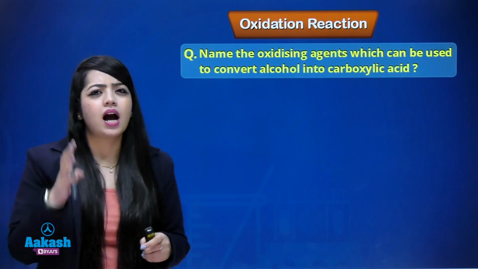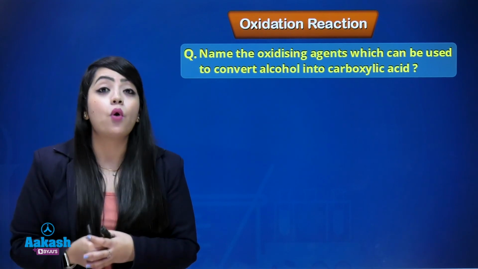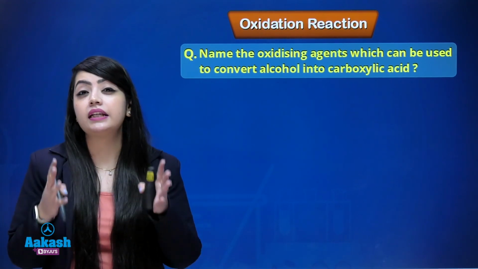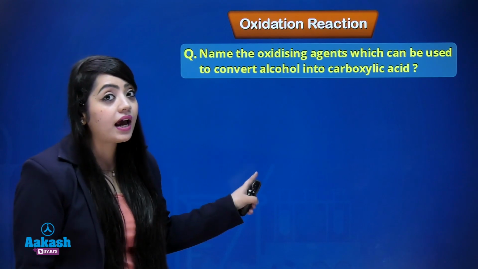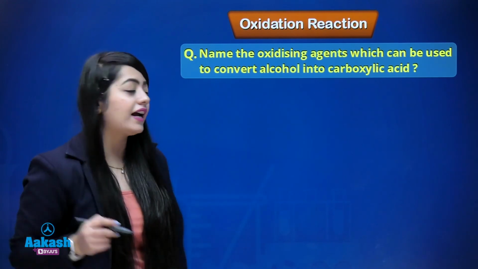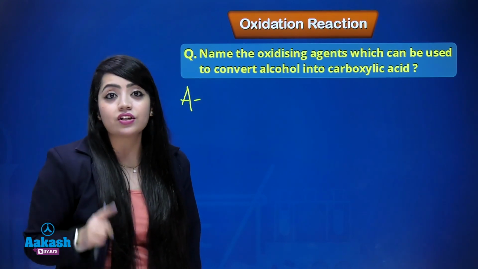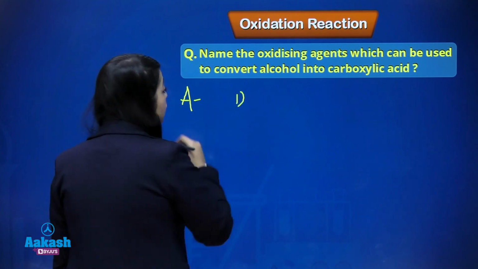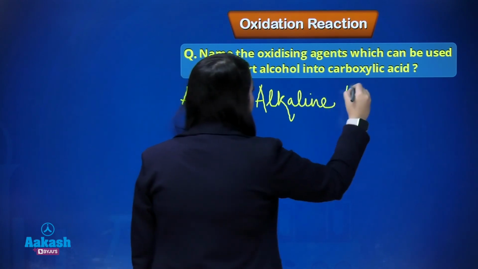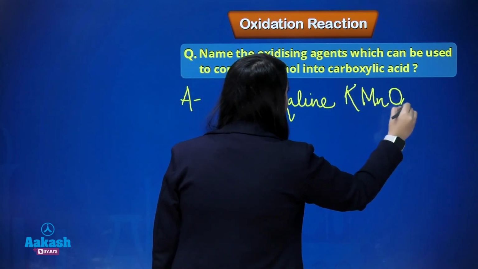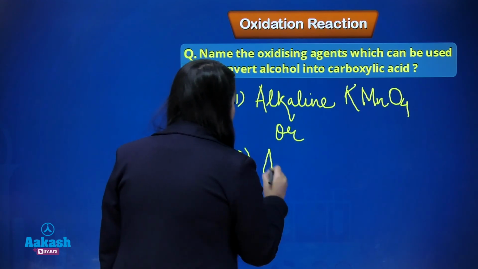Now the question comes, if I have to convert an alcohol into a carboxylic acid, right? What will be the oxidizing agent which I need to add? That means which agent will add oxygen into the alcohol and we are going to get carboxylic acid. So this is a very important question students. You can use two oxidizing agents which I'm going to write on board right now. The first one is alkaline KMnO4, that is potassium permanganate students, right? Or you can also use, what else you can use? We can use acidified